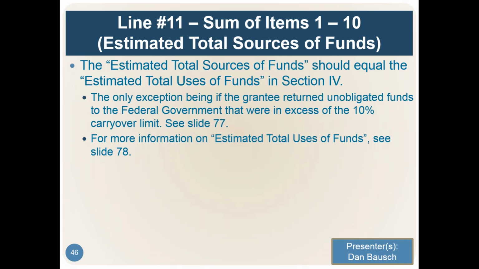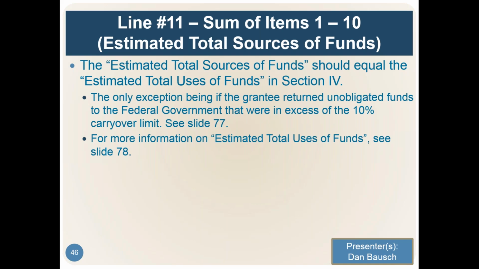And just hitting back on what Melissa was saying previously, there's really only one line that you need to be concerned about in the sources of funds, and that's line 6, the carryover line. Line 1 gets pre-populated for you. Line 3 gets pre-populated for you. Those should be checked and verified. But the other lines that Melissa reviewed this year are all going to be 0.